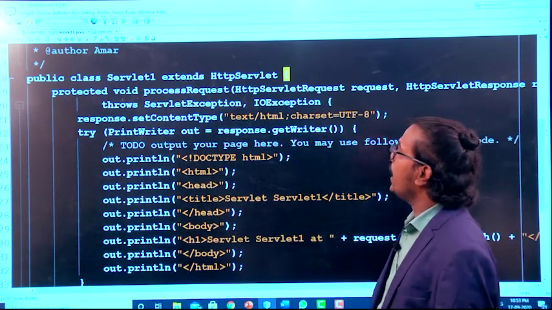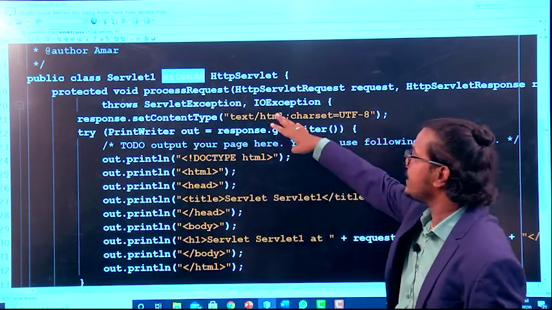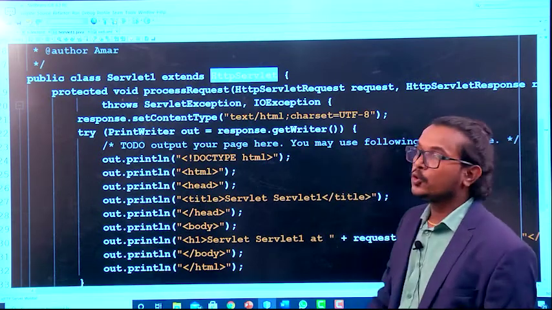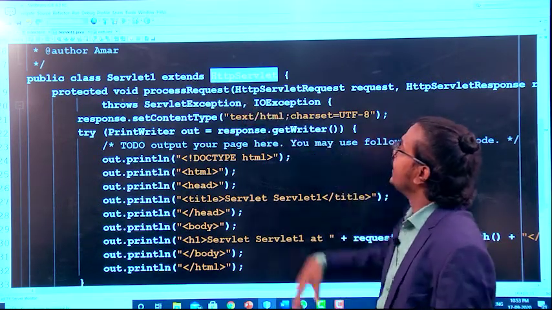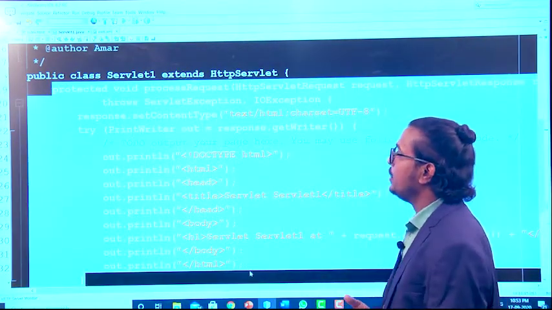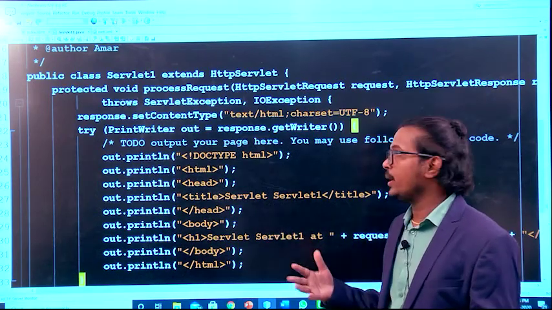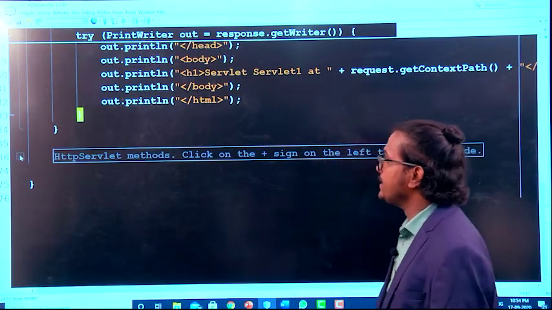Servlet program, right? I said we are having three methods: first one is processRequest, and the doGet method and doPost method. Here I am extending HttpServlet because I am implementing the HTTP servlet. Okay. If you want, you can keep all these things, or you can make a new program here also, no problem.